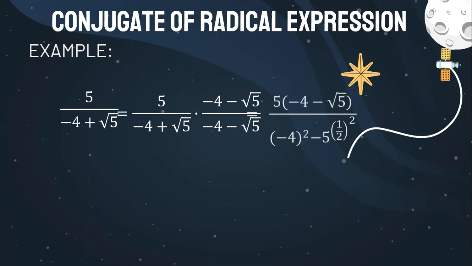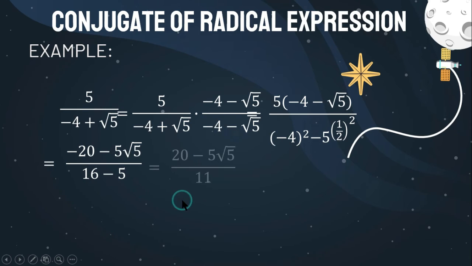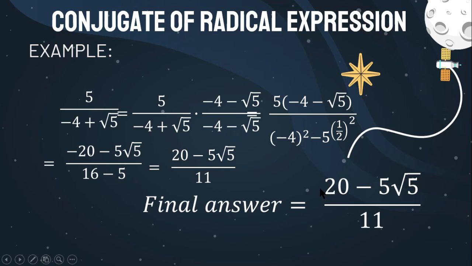Okay? So 5 times negative 4 minus square root of 5, and then the product of that is the square of the first term, which is negative 4 squared, minus the square of the second term, which is the square of square root of 5. So the answer would be 16 minus 5. And then I distributed 5 to each term. So 5 times negative 4 is equal to negative 20. And then 5 times negative square root of 5 is negative 5 square root of 5. Okay, and then simplify it more. So the answer is 11. Okay. So the final answer will be negative 20 over